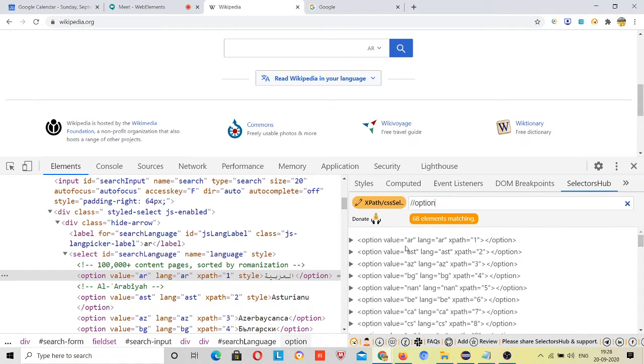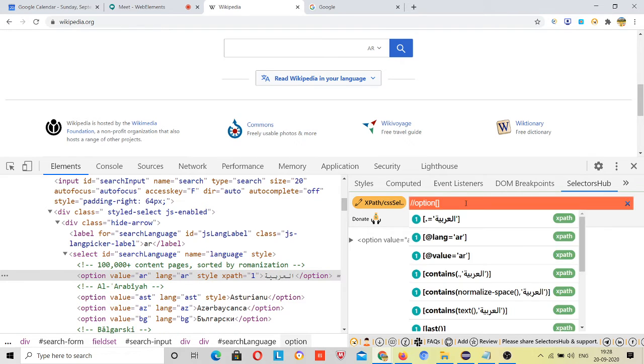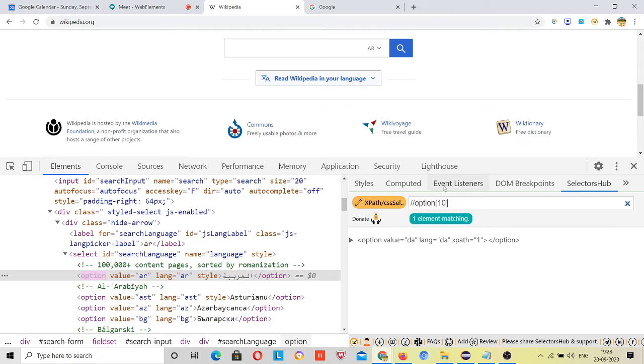So which do you want to choose? Suppose I want to choose the first one and click on enter. So only the first element matches the first index, right? If I want to choose the 10th, what will the 10th be? DA. If I want to choose 12, then if I enter, the value will be changed, right? ET. So what is ET?